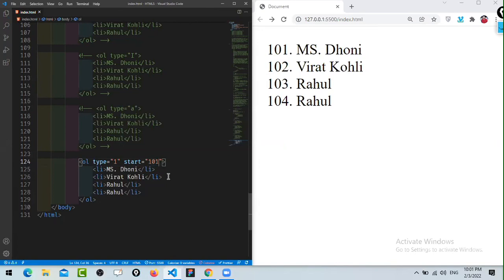If you write like that, see, it will simply ignore that 0.3. Okay. It is not going to take that. So always use the integer value. So if you are writing a start 101, it is starting from 101. Let's say if you are going to start from 151, so the list count will start from 151, 152, like that. Okay. In case you have any employee ID or code you are starting, let's say 123